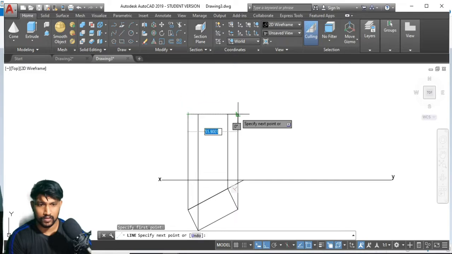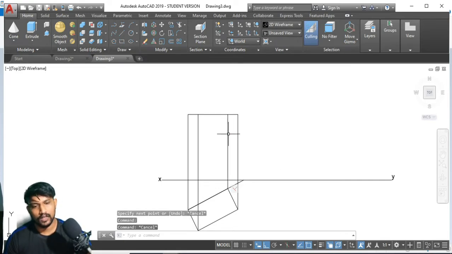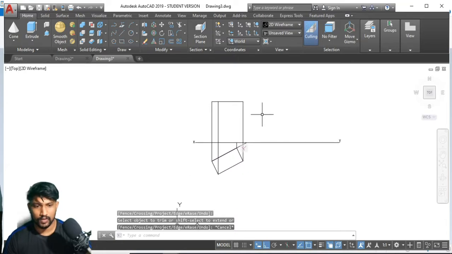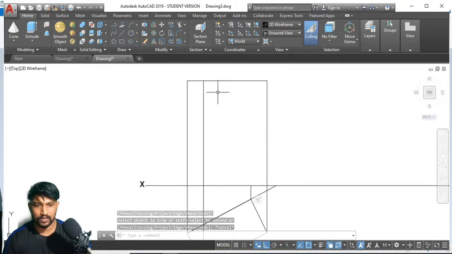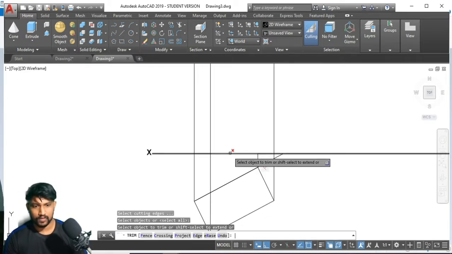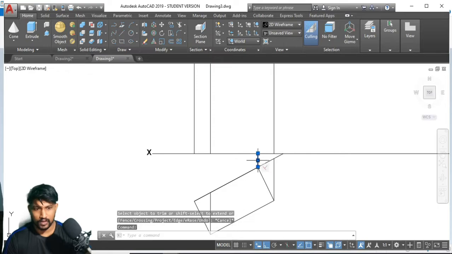This is how it is, whereas this one has to be a dotted line. This one is a projection up to a certain point. We will be able to see only this portion. So let me divide this first. I'll tell you why I am dividing this.